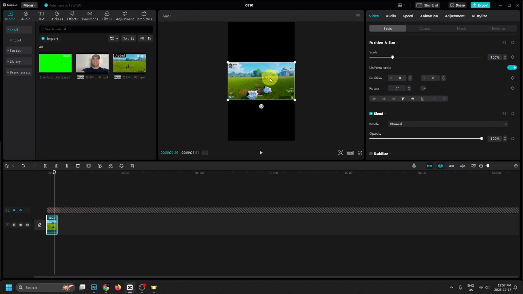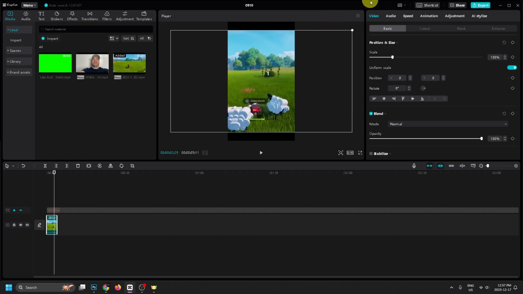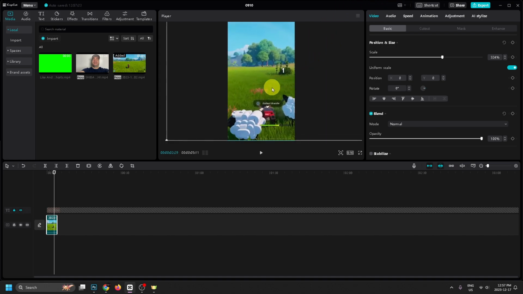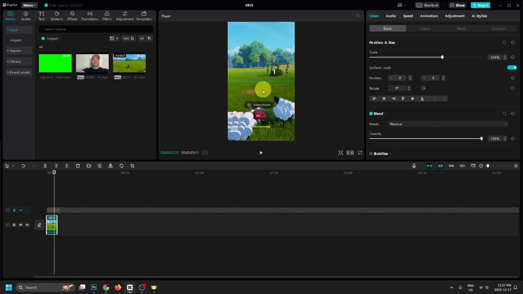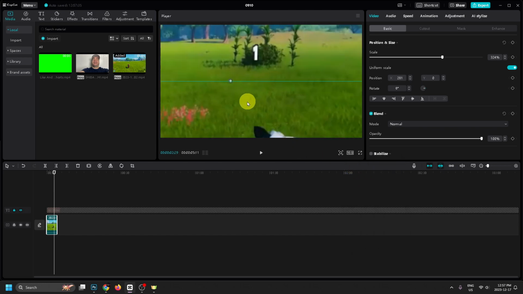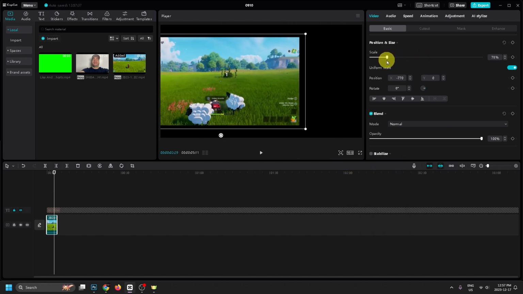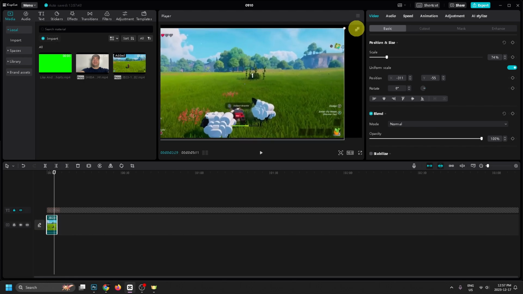Now, if your video doesn't fit, for example, a TikTok or YouTube short, all you need to do is simply select your video on the player, and then you can click and drag to make it bigger. And you can also move it on the X or Y axis to fit it properly. So once you're happy with that, you've now changed the aspect ratio on your video, and you can always revert back to 16 by 9 and can make it smaller again using the scale option and then just manually adjusting it to the correct